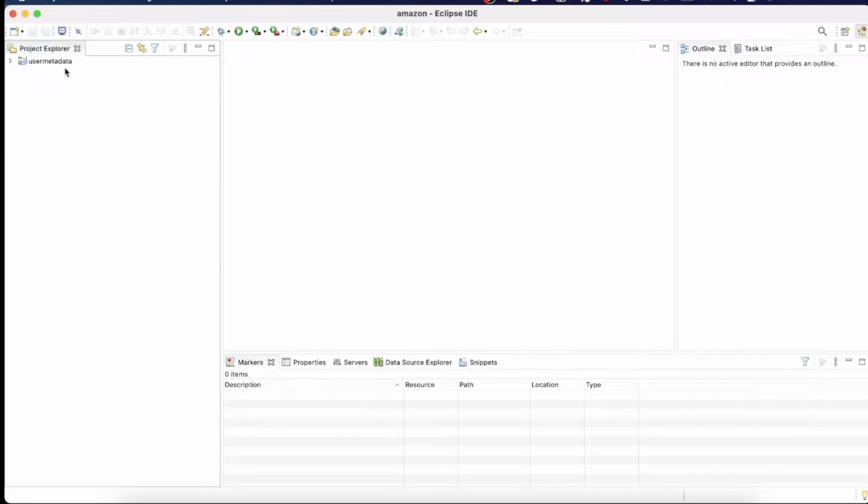So I'm ready with the project with all the dependencies already installed, and I have also changed the required default setting of Eclipse. So without wasting much time, let's start with the implementation of this user metadata service using the Java code. Since this application will be a Spring Boot microservice, over here we will be creating 4